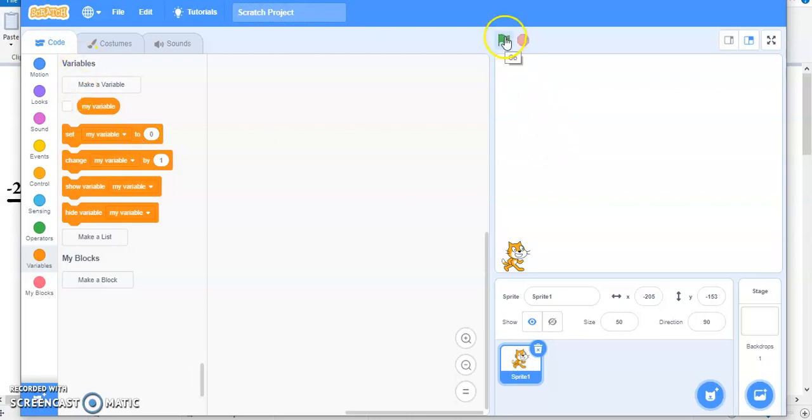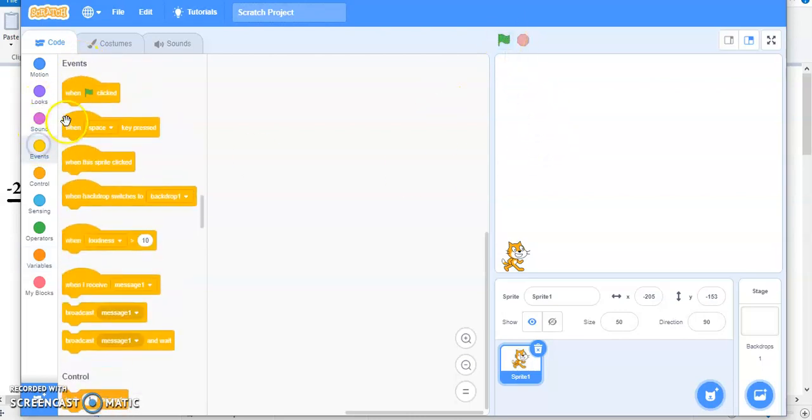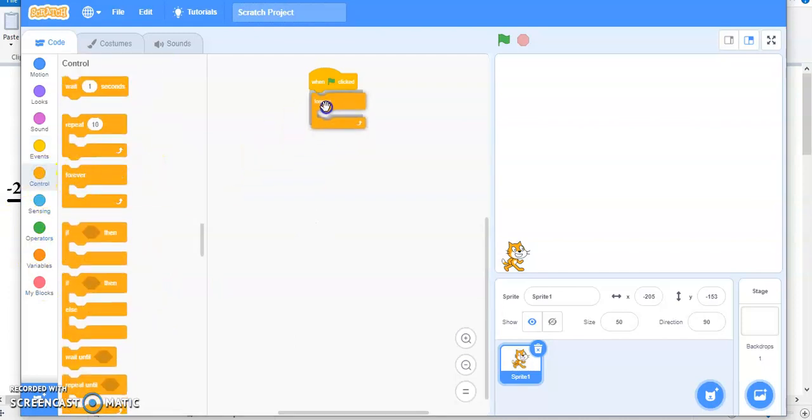Now whenever I click on this flag, which is an event, so click and drag here, and you want that every time when I click on this flag, this code, whatever you are coding, should go forever. So you take forever from control. And now what do you want? The next thing you want is that when you press the arrow keys of your keyboard, this character should move accordingly. So if you press the right key, you want your character to move to the right direction. So the if condition is here, you'll drag and drop here. Now the right key you will put in this condition box.